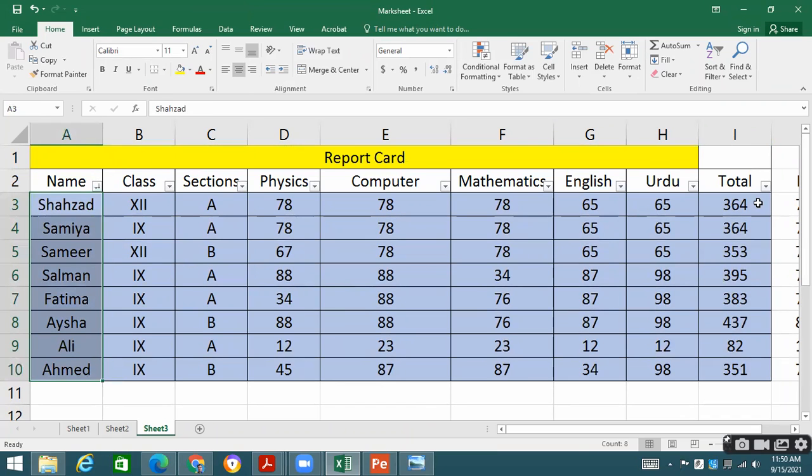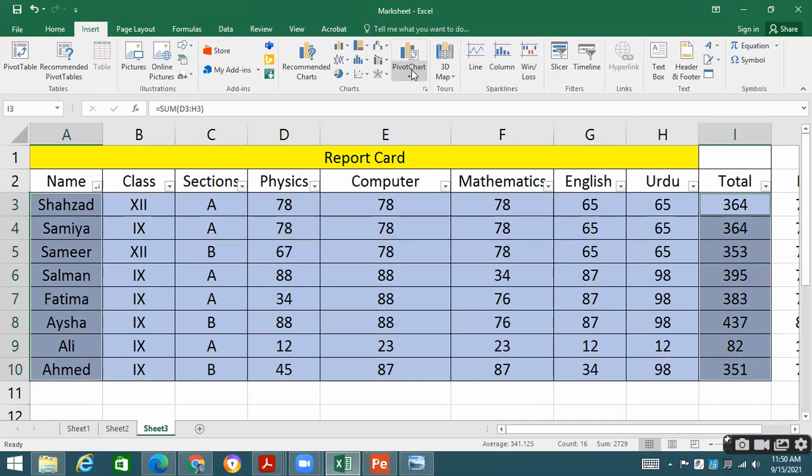So select this text and this total, and I go to insert. There are different 2D charts available, pivot charts are also available, line charts, column charts. These are all examples, and some are quite near to each other. Insert equation, insert symbols. I had given one complete lesson to insert equation and symbols.